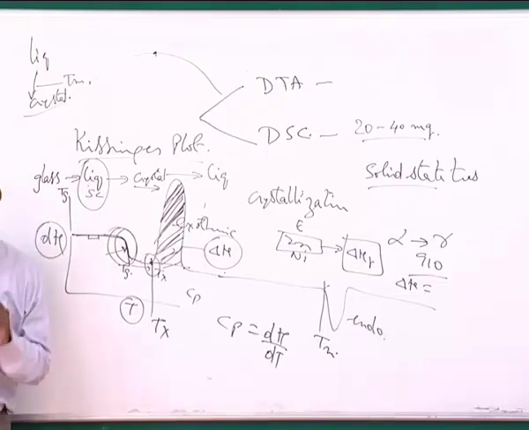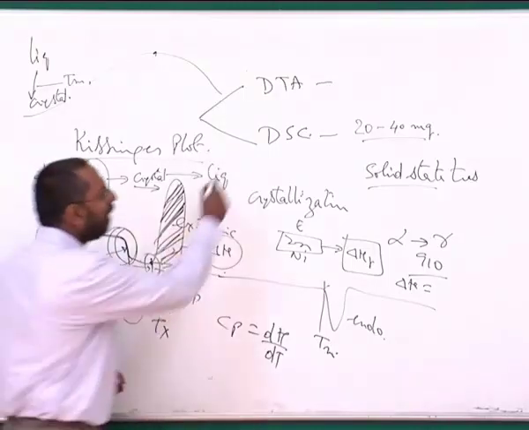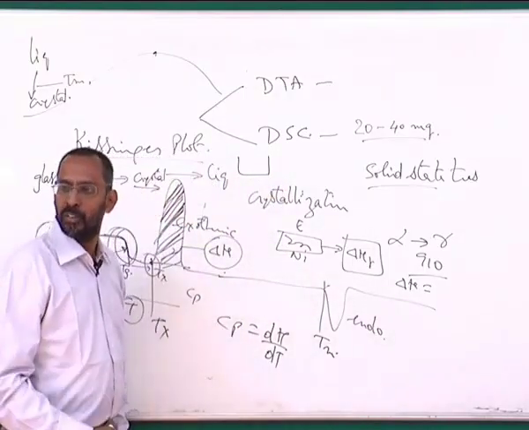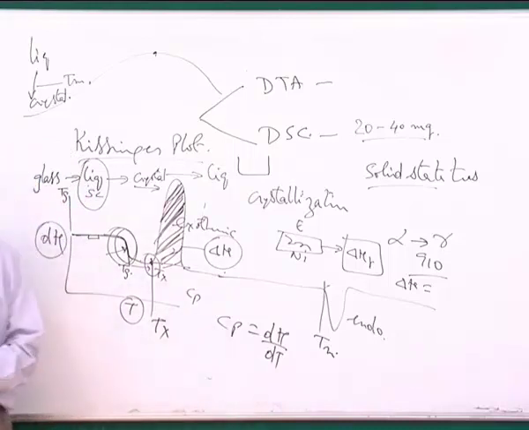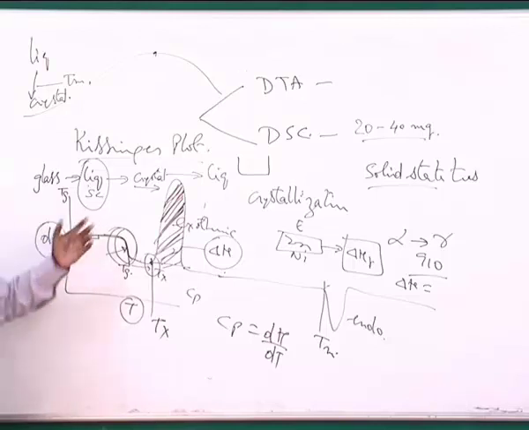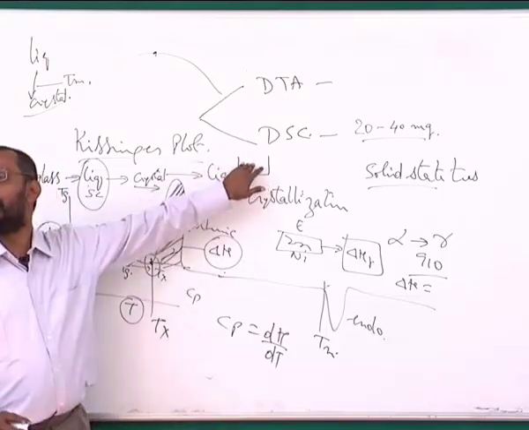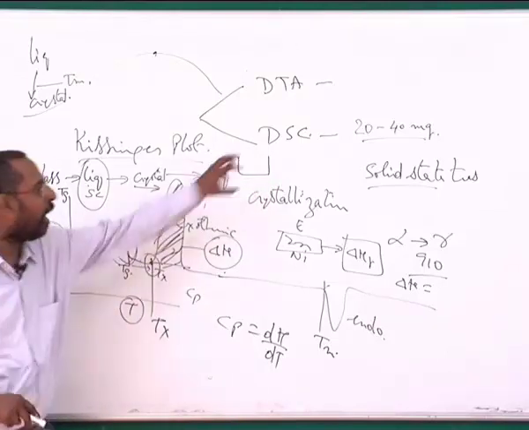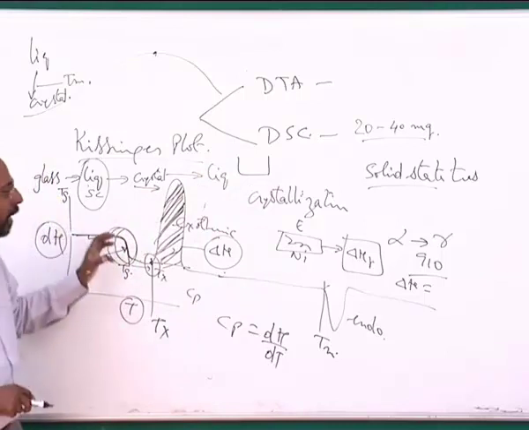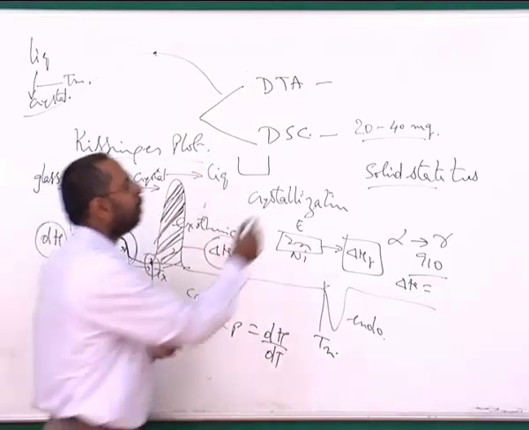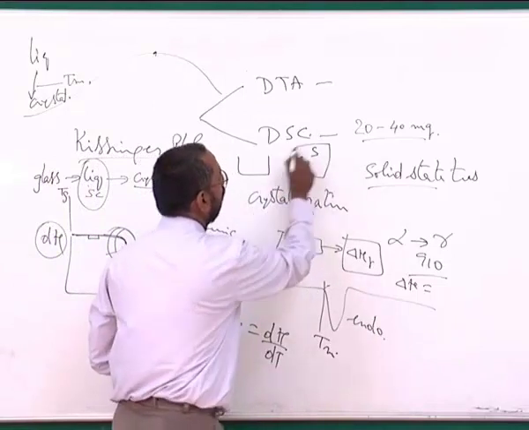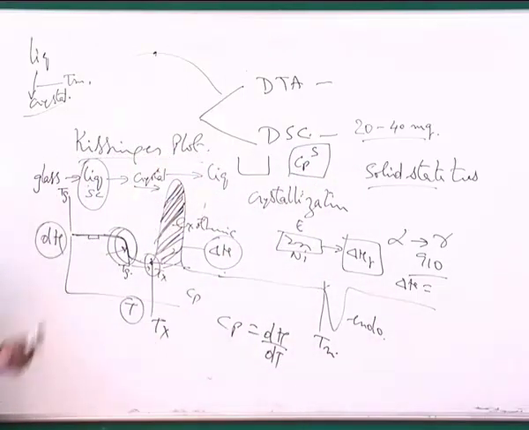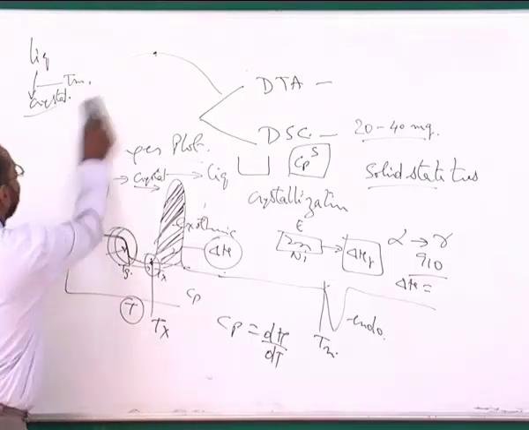But one has to remember that what I am measuring is not the Cp of my material, because there is a reference also here. So what I am actually measuring is the Cp difference between my reference and my material. That information has to be remembered. In principle, if I know the Cp of my reference material as a function of temperature, which is available in standard handbooks, I can deduct that, and the difference will be the Cp of the actual sample I am interested in. So these are things people regularly do.